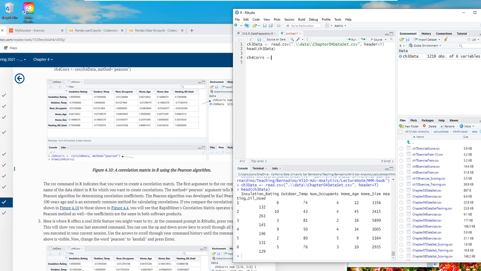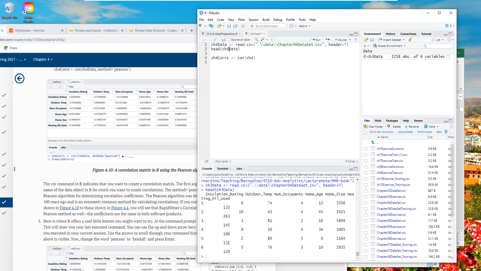Of course, this is a variable name, so you can use any variable name, right? And then COR, that's a function, right? And then that's the data, Chapter 4 data. So the first argument is chapter 4. Oops, you know what? I forgot to change it, so it should be chapter 4 data, right? And let's just run one more time.